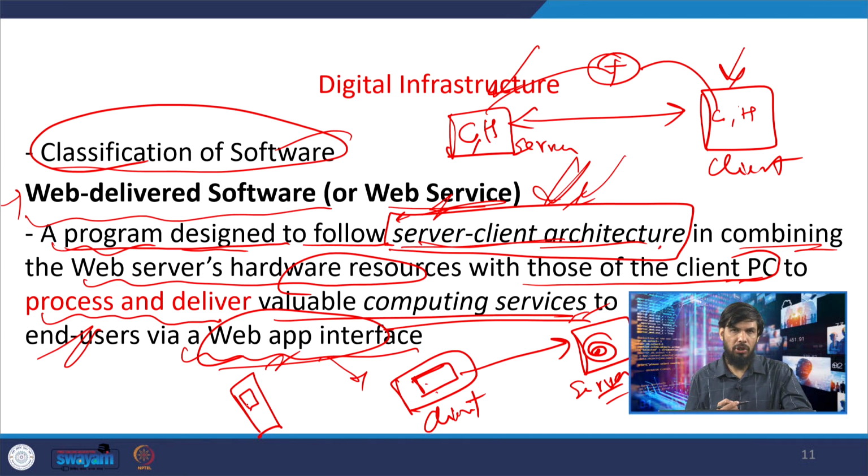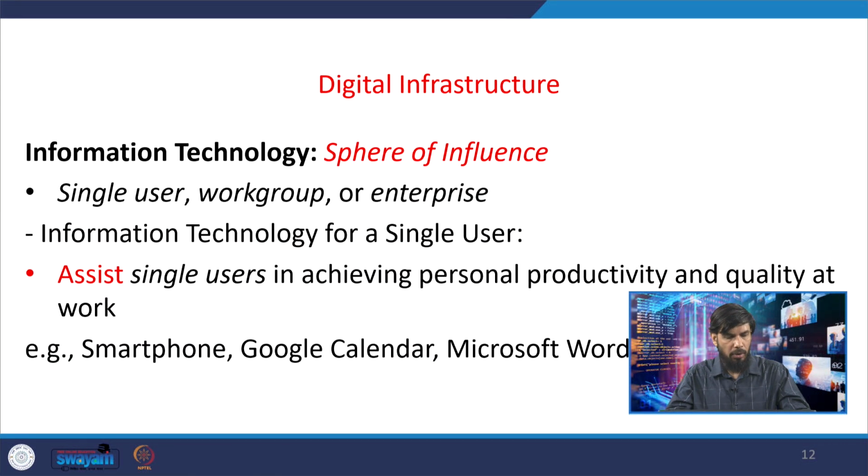So, when you open Gmail or YouTube, you are watching a video on YouTube, but the content is there on the Google server. It is the Google server which is rendering that video content for you, coming from the server to your machine, and then your machine, the browser or the app, is just playing it out. So the client machine is also doing a bit of computing in that process. Okay, so this was about the web delivered software category. Then, moving on, another interesting concept